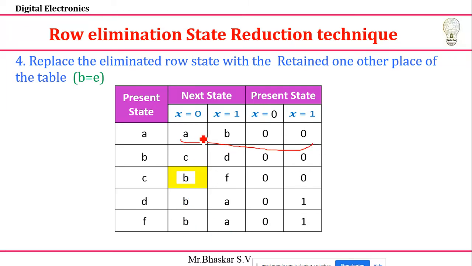You can do it for AB. A is equal to B. If I do, this one also I can consider. But the problem here, the outputs are not the same. 00 and here I have a 01. This condition is not satisfied. Then I'll go for CD 00. CD, nowhere it is there.